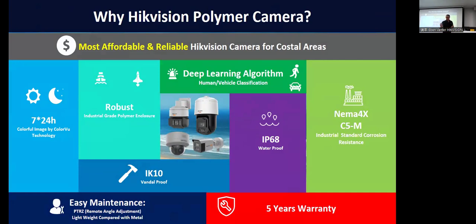Now, this Polymer is actually made of a mixture of recycled material and glass. It's extremely strong. IK10 means vandal proof. I read up on the IK10 certification last night. That means it can take 5 kilogram force on the camera. So it's really robust. If your techie is installing and it drops by accident, there's a good chance you're not going to have to replace the camera. Then of course we've got the deep learning algorithm with the human and vehicle filtering